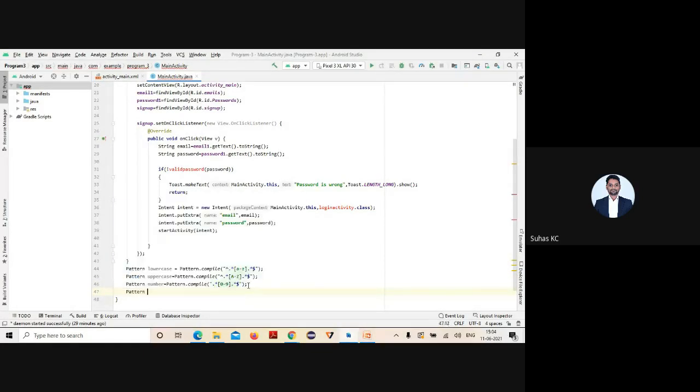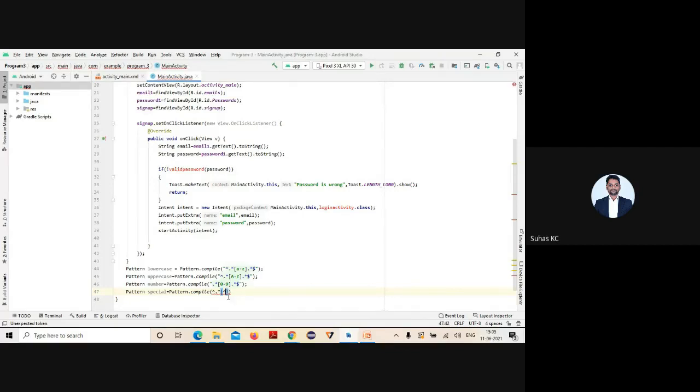Alright, now for special characters, let me take special and so on. Pattern dot compile, same thing. Special characters means other than all these things. So beginning with anything other than what, under negation.